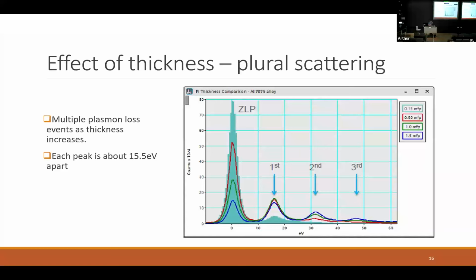In particular, what we see are these plasmon resonances, where you've got your zero loss peak here, and then separate plasmon resonances over here. If you're interacting more with your sample, you're going to get more of these transitions occurring. And so you're going to get what we call plural scattering. We've got a bump here, a bump here, a bump here, and a bump here. So this depends on the thickness of the sample for a given material. If you've got a thinner sample, say it's only 0.15 mean free paths, you're going to have the solid blue curve there. And then as you keep increasing the thickness, you're going to have more interactions, and so you're going to end up with this more bumpy EELS spectrum here.